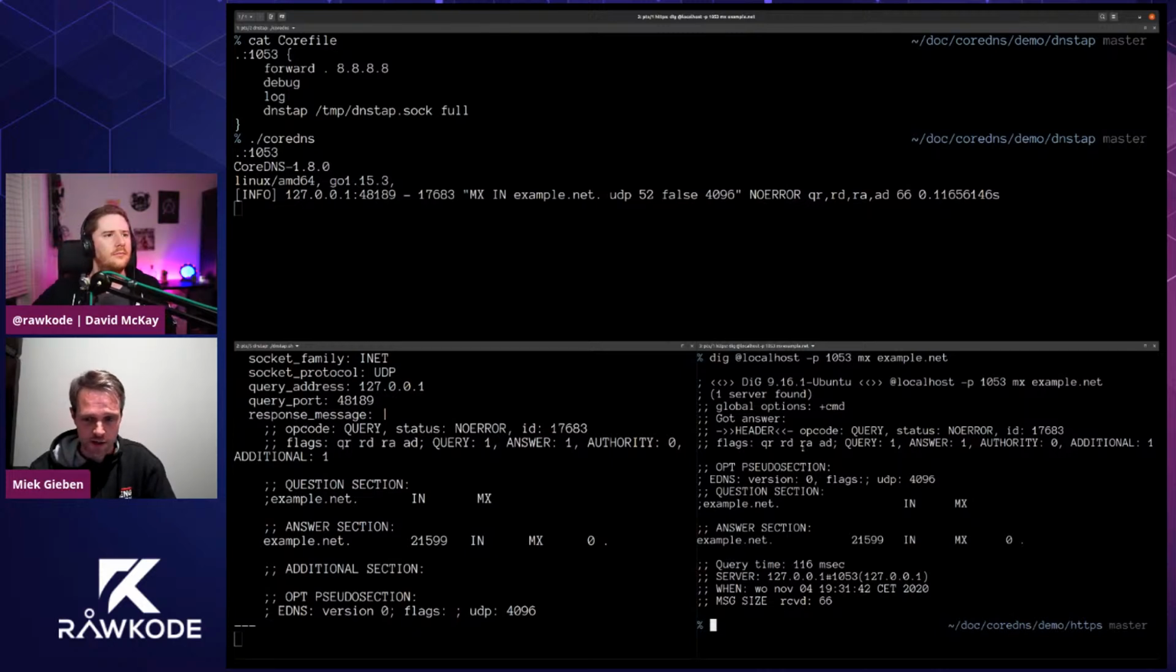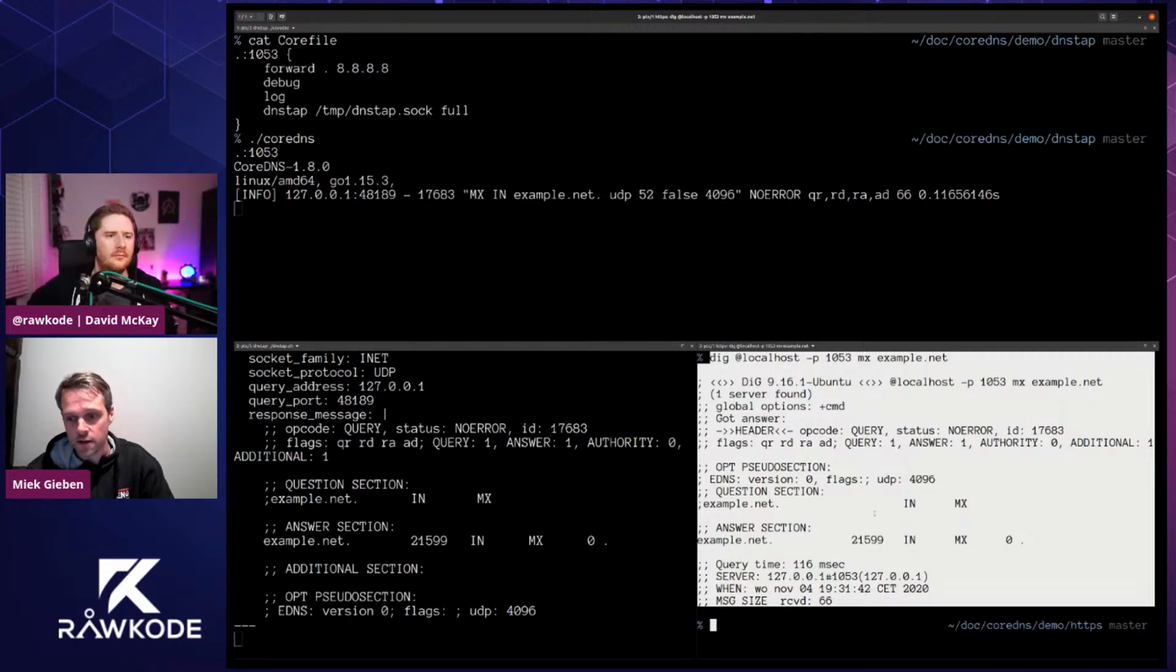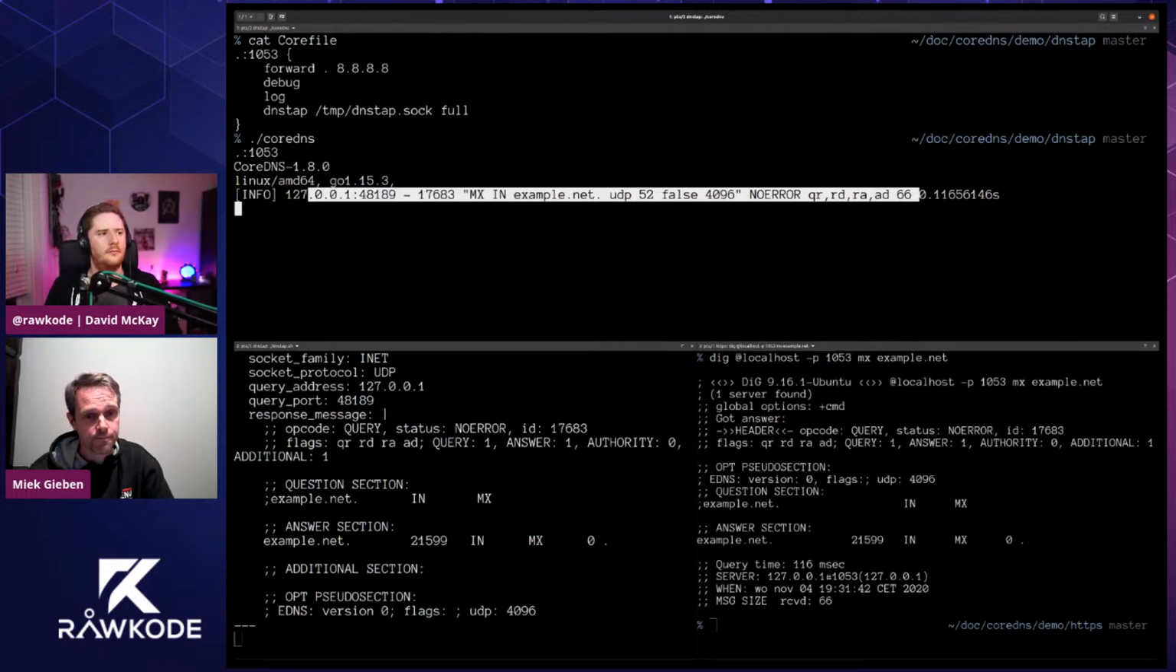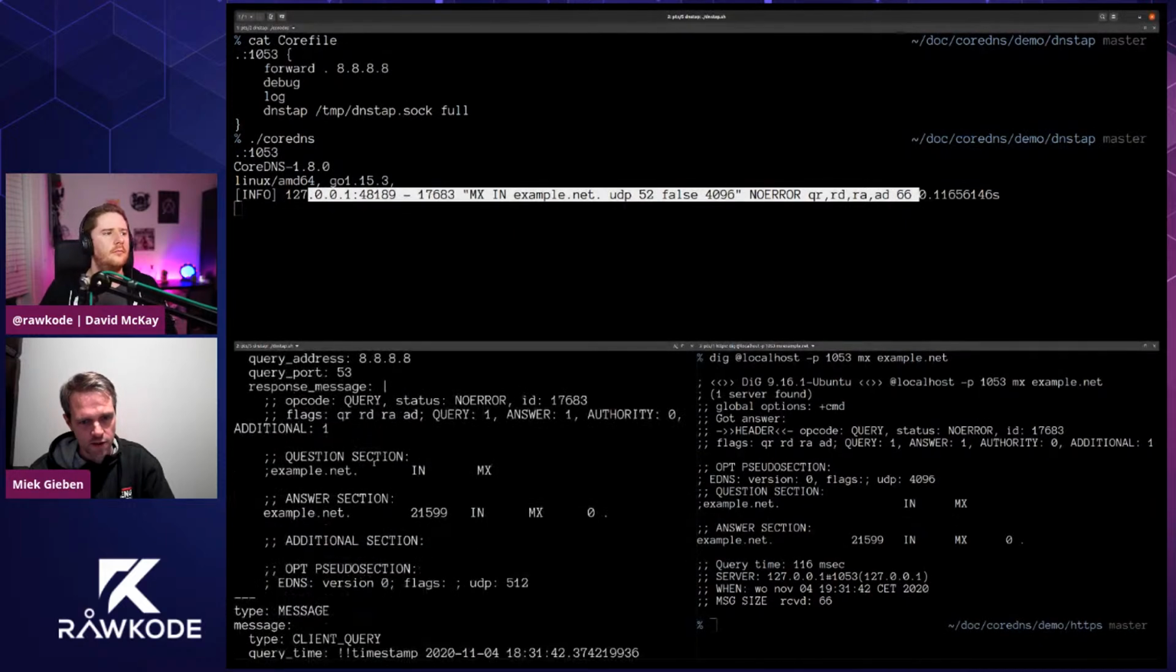We've seen a bunch of things. Of course, this is the answer that I got from CoreDNS. Don't look at how this looks, but this is a valid answer that basically says we don't have any MXs. We have a log line because we enabled that as well. And we also have our dnstap data. And this is interesting